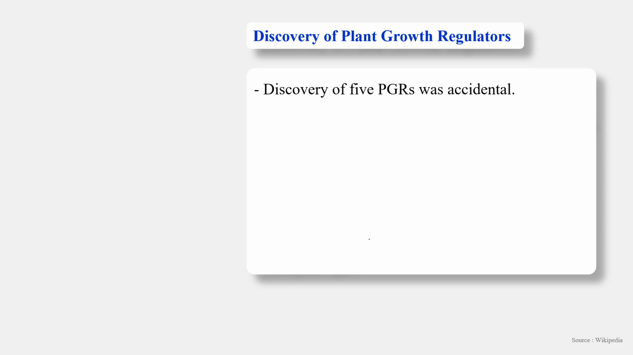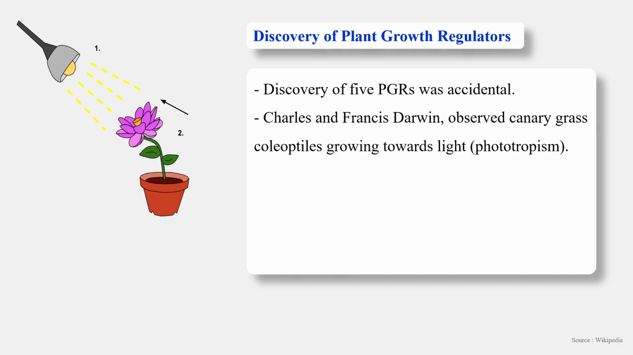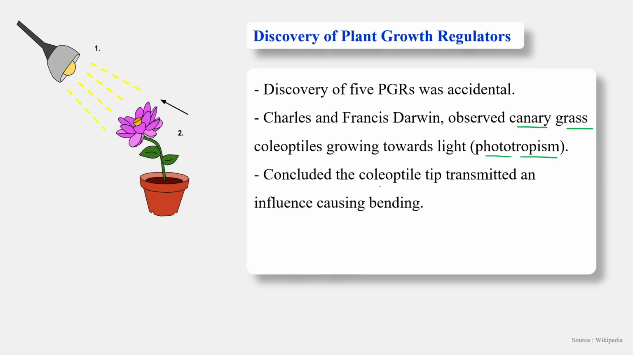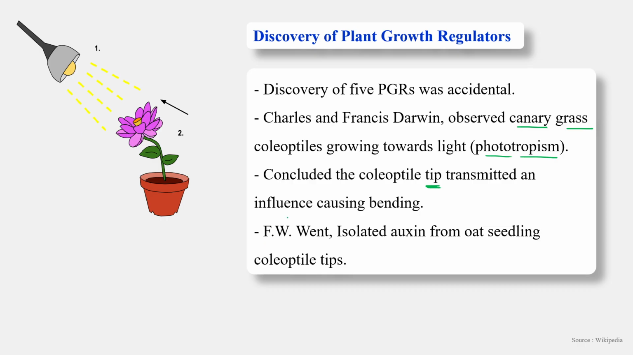Now, the discovery of plant growth regulators. The discovery of these plant growth regulators was accidental. Charles and Francis Darwin observed canary grass. What type of grass? Canary grass. The coleoptile grows towards the light, which is known as phototropism. They concluded that the coleoptile tip transmits an influence causing bending. Similarly, F.W. Went, another scientist, isolated auxins from the oat seedling